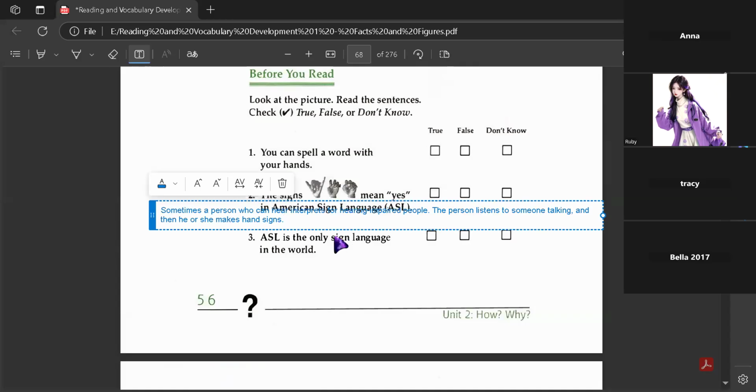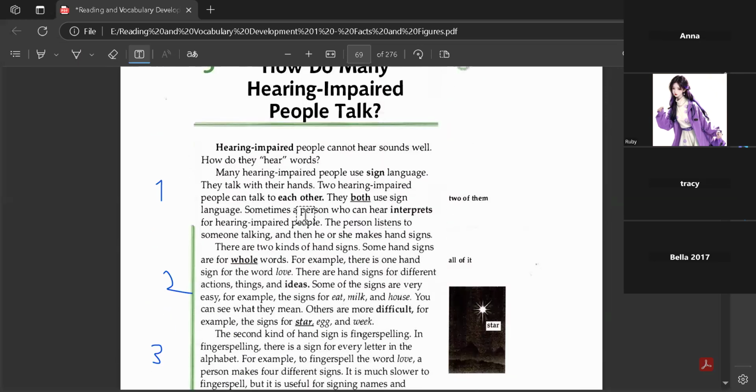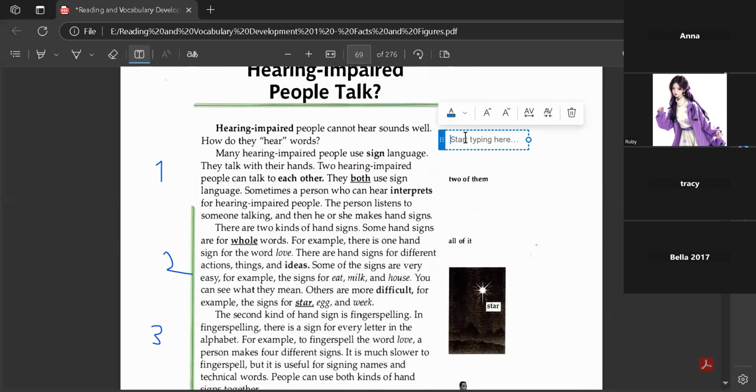I think I just erased it. Right, let me rewrite it. Not hear sounds, but